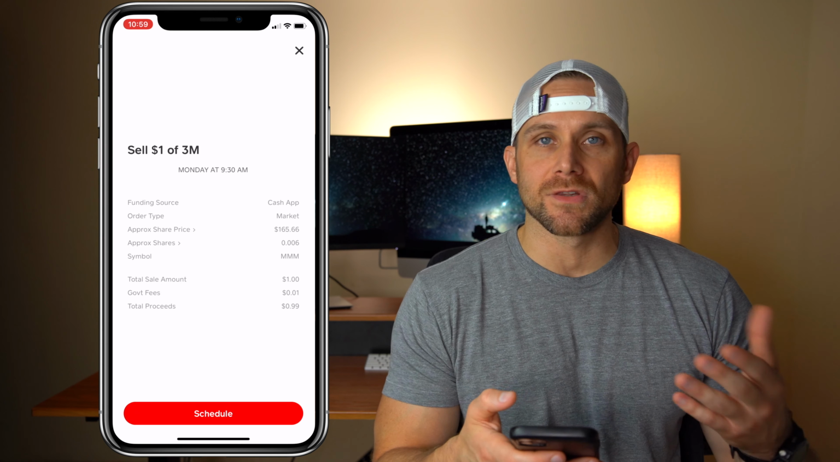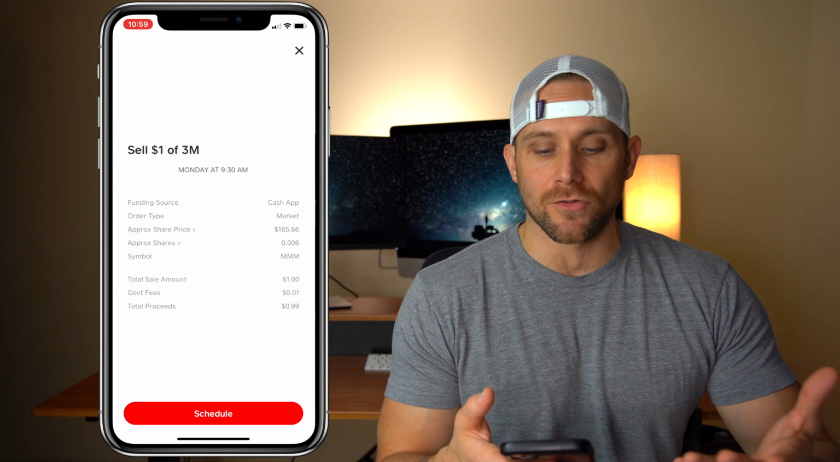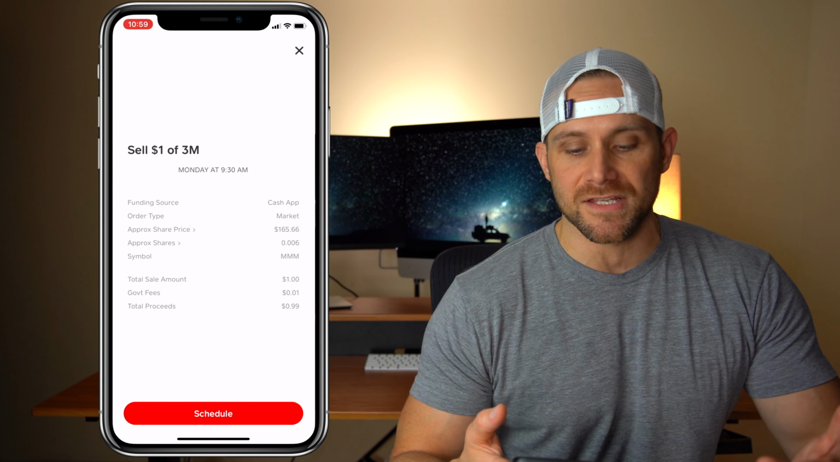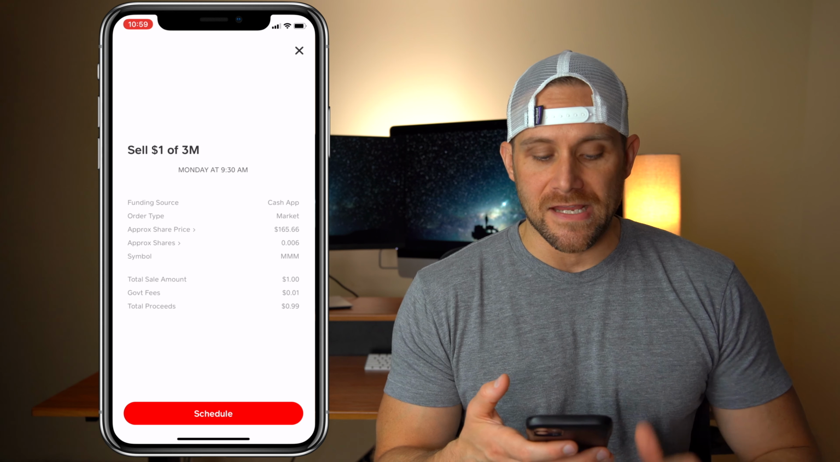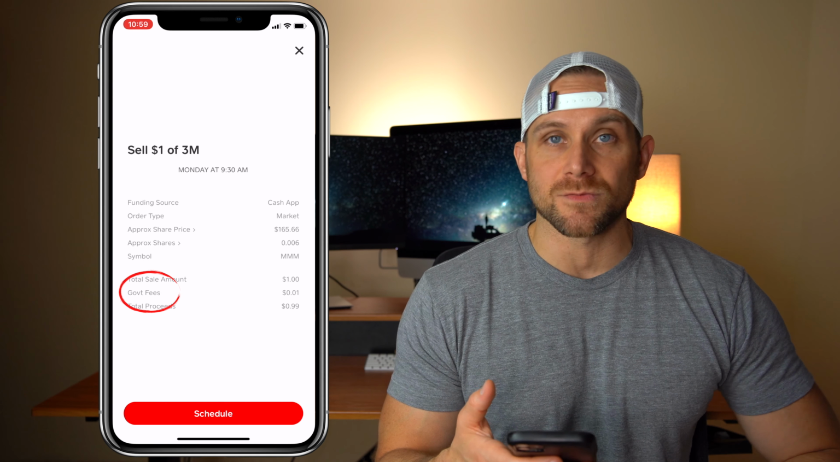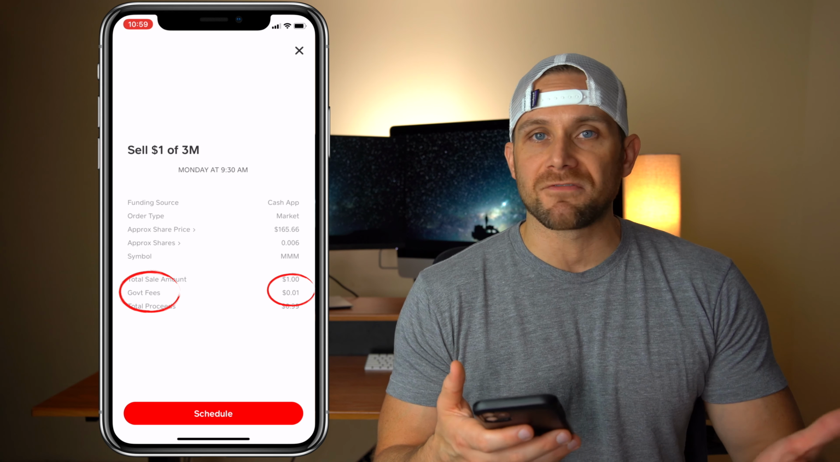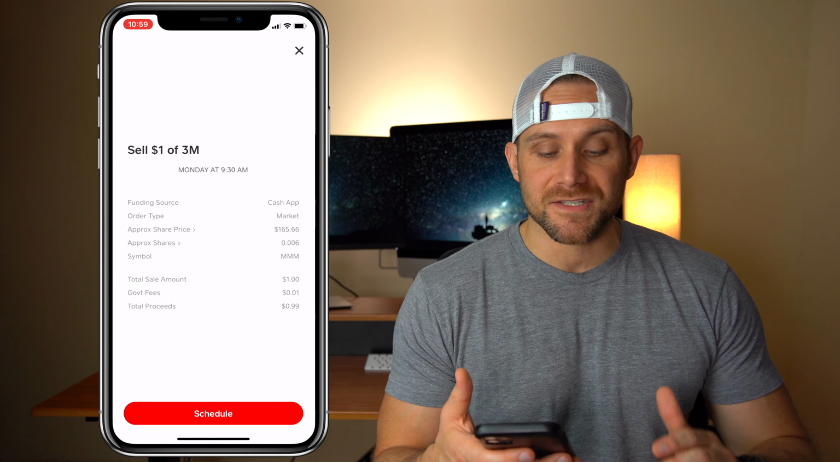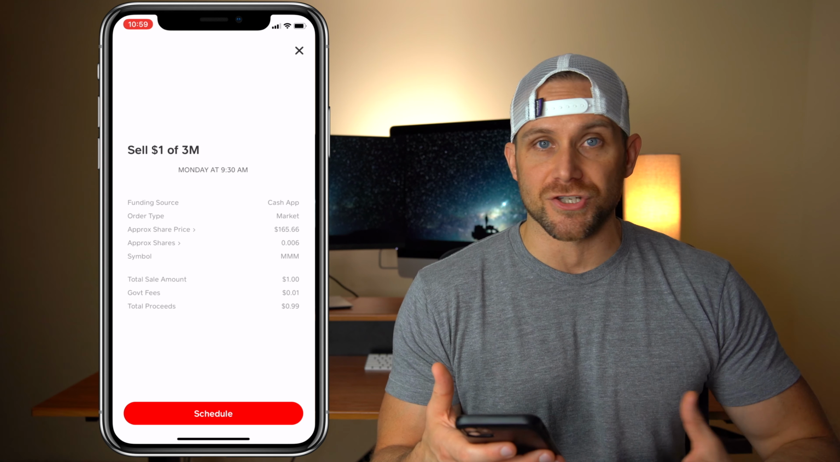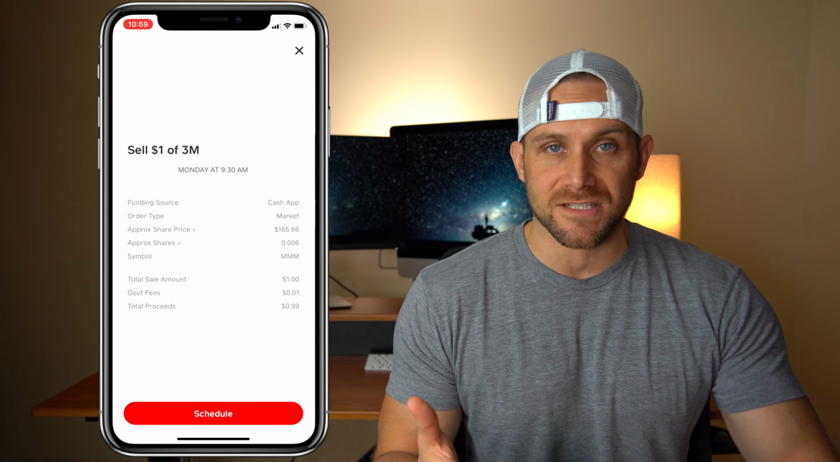Okay, now this gives you a list of what your sale is going to look like. At what price is your stock going to sell? Now, if you look, there's actually a fee involved. So it says government fees, which is 1 penny. That is one fee that you are going to pay. Now, this has nothing to do with Cash App Invest. This is something that the government just charges them, so they, of course, have to pass the fee on to